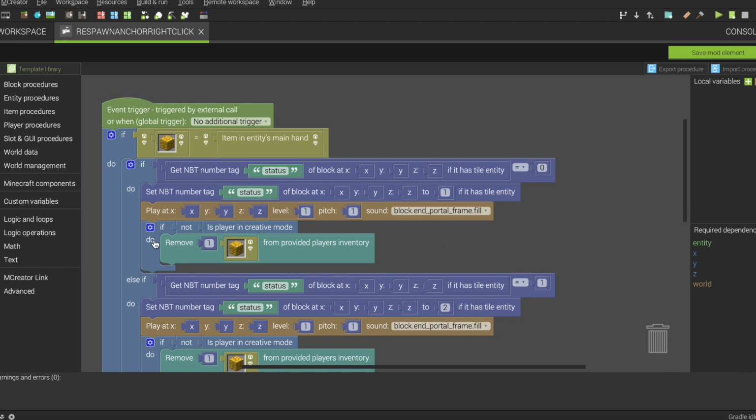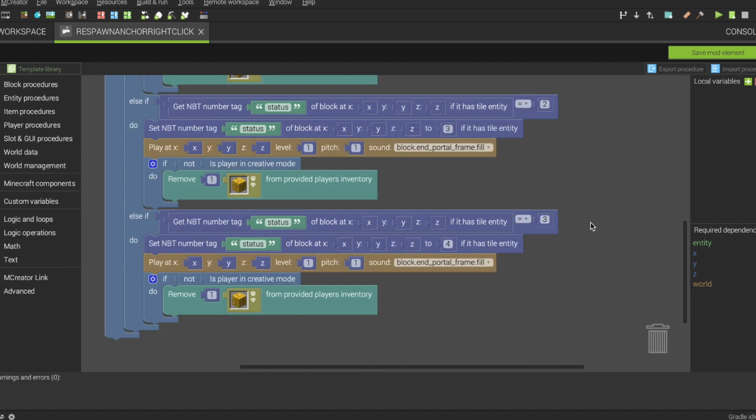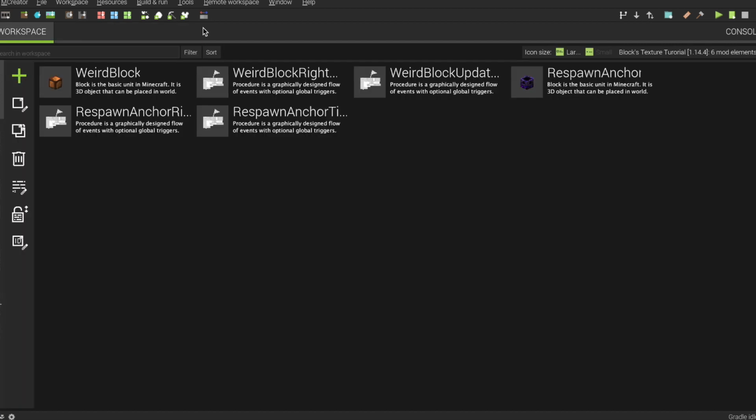And if the player is not in creative mode, then we remove, of course, the glowstone block from his inventory. As you see, I've just done this and not what the Wisp-on Anchor does in a 1.16 snapshot, because this tutorial is not for that.